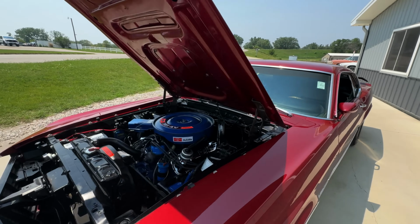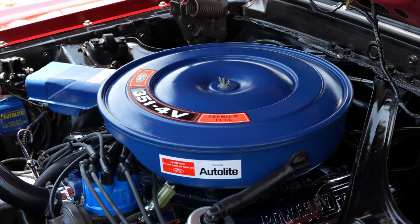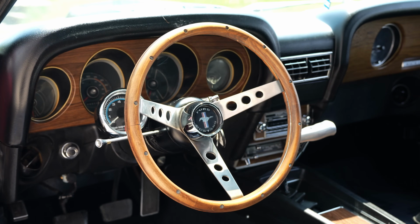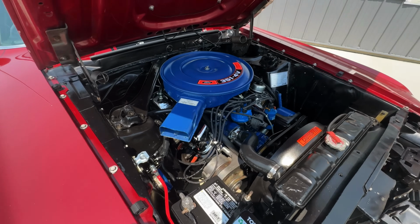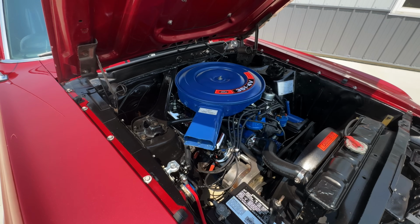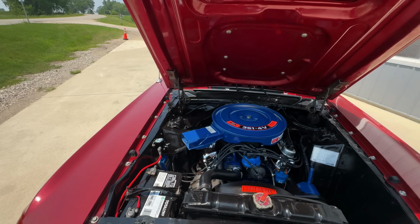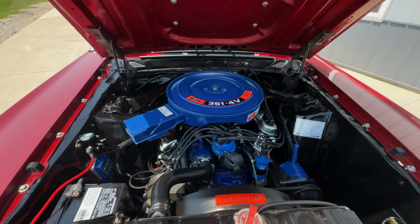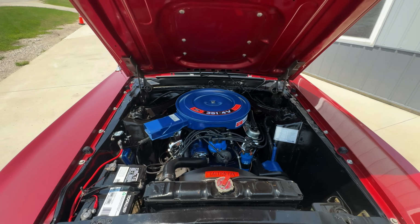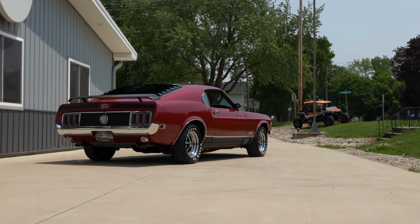This one's powered by a date code correct 351 Windsor, backed up by a 4-speed Top Loader manual transmission. Engine is a 1970 date code, so year correct engine for the car. Transmission date code is 1969, so correct date code on the transmission as well. Some of these got late '69 build transmissions, but I'd classify this car as just a really nice local car